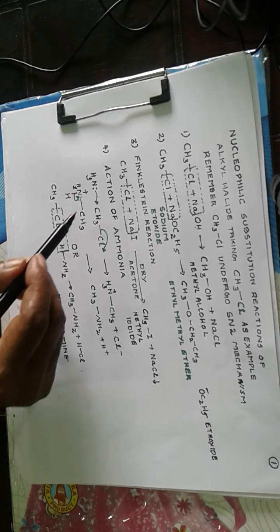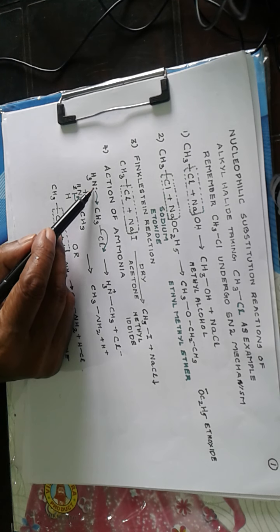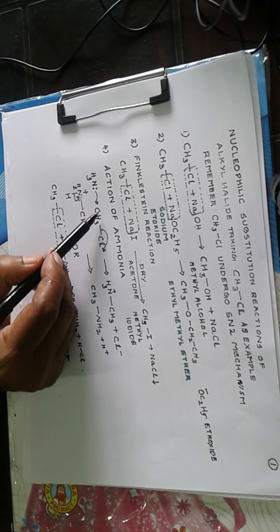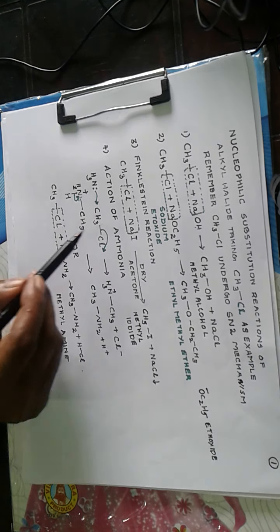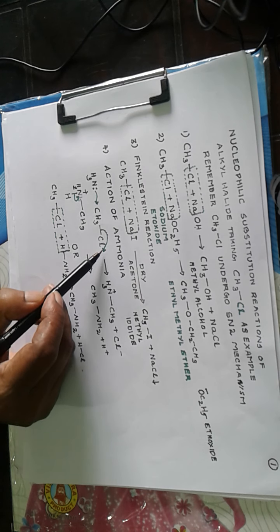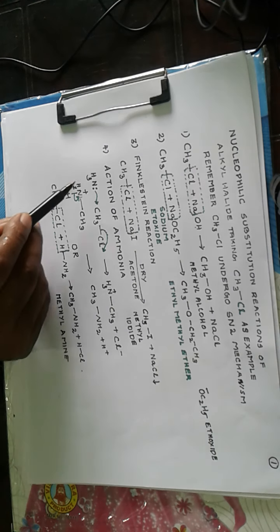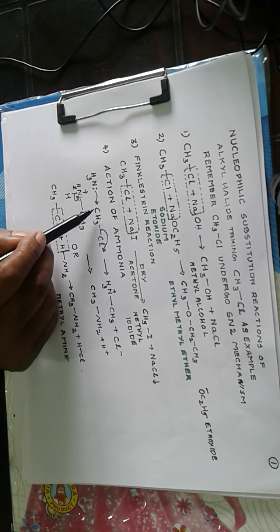Now the action of ammonia. Ammonia can produce a variety of compounds when the alkyl halide is in excess. First of all, ammonia reacts with methyl chloride in a nucleophilic reaction where the nitrogen atom with its lone pair donates its pair of electrons to the carbon of the methyl group, with simultaneous removal of Cl as Cl negative. Cl is the leaving group here and ammonia is the nucleophile, and we get NH3 positive because the lone pair is given to this carbon, one electron is lost by nitrogen, so it gets a positive charge, and Cl negative.